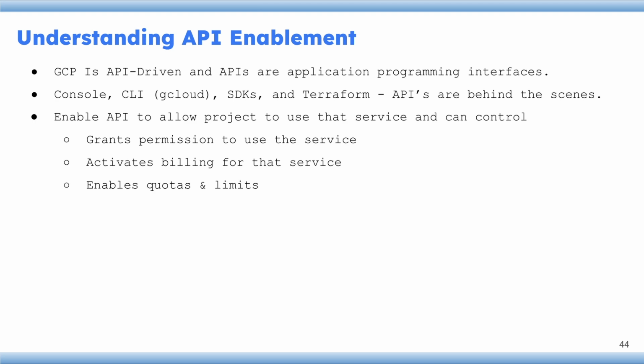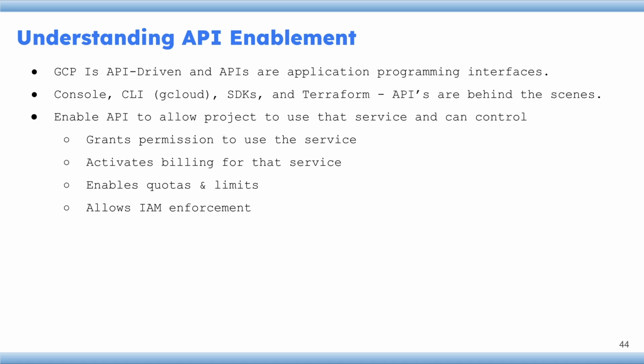The third one is it enables quotas and limits. Each API has request quotas, rate limits, and resource limits. This protects both your project and Google's infrastructure. The fourth one is it allows IAM enforcement. Once you enable the API, IAM roles for that service become meaningful and permissions like storage objects create, storage object